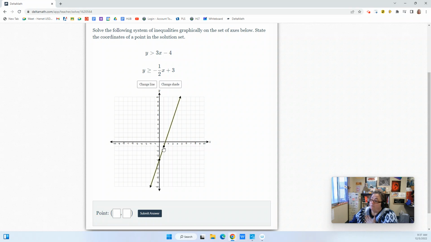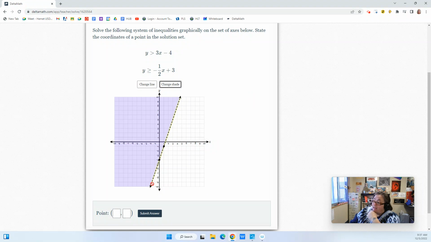We're going to go over 1, and we have the graph of that line. Now we know it can't be equal to, so we're going to go ahead and make it a dotted line, right? Because that means it can't be equal to anything on that line. Now, when we're talking about shading it, we're saying it's everything bigger. So we're saying y is going up from every point on this line, which means this side is going to be shaded,